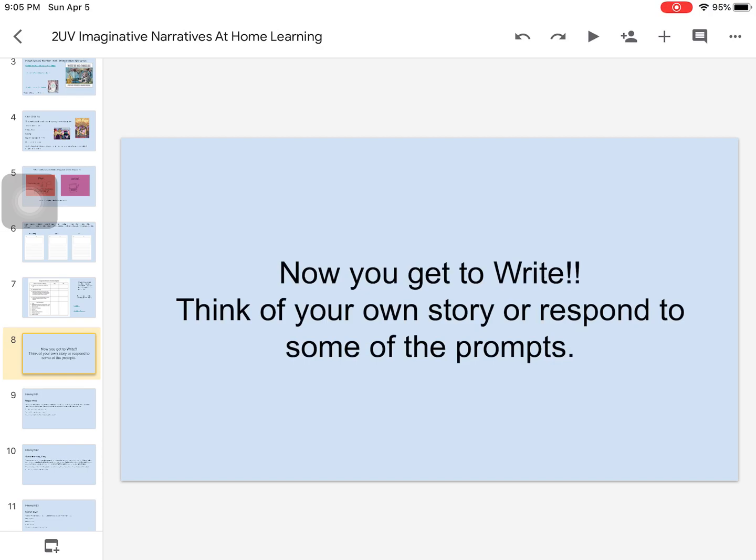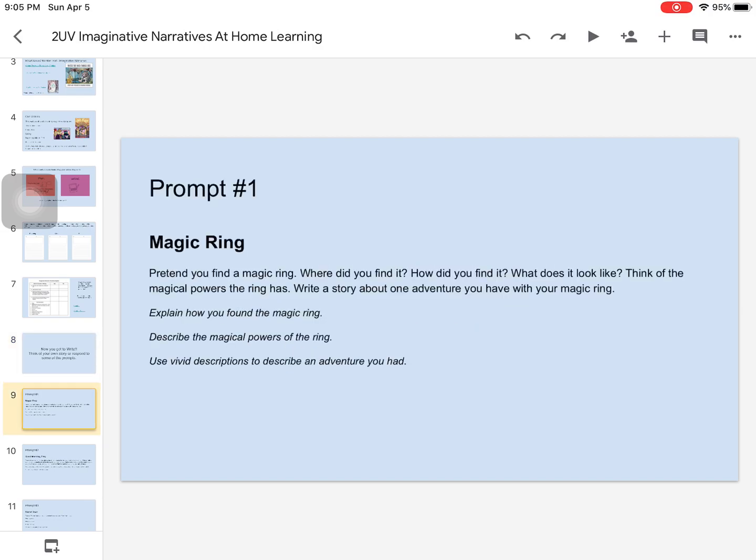Okay. Now it's your turn to write. Today, I should say Monday and Tuesday, you're writing the same prompt here. It's the magic ring. It says, pretend you find a magic ring. Where did you find it? How did you find it? What does it look like? Think of the magical powers the ring has. Write a story about one adventure you have with your magic ring. Explain how you found the magic ring, describe the magical powers of the ring, and use vivid descriptions to describe